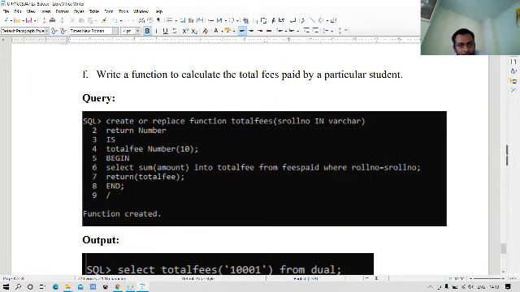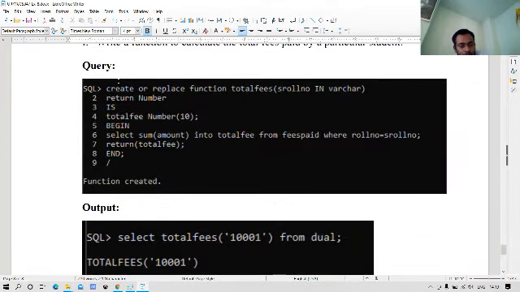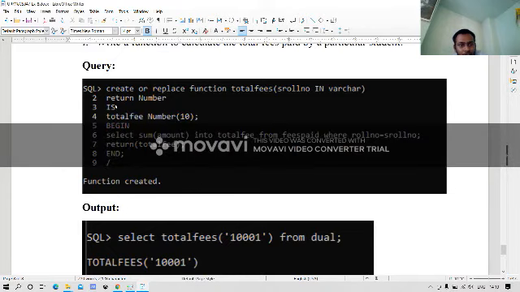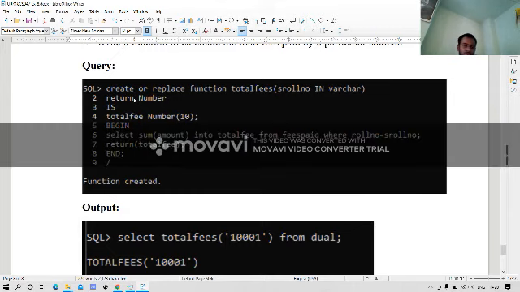And the last one, write a function to calculate the total fee paid by a particular student. So here we have to calculate the total fee paid by that particular person. So create or replace function total_fee, return number is total_fee number, begin, select sum from fee_pay where roll number is equal to s_roll_number and return total_fee.